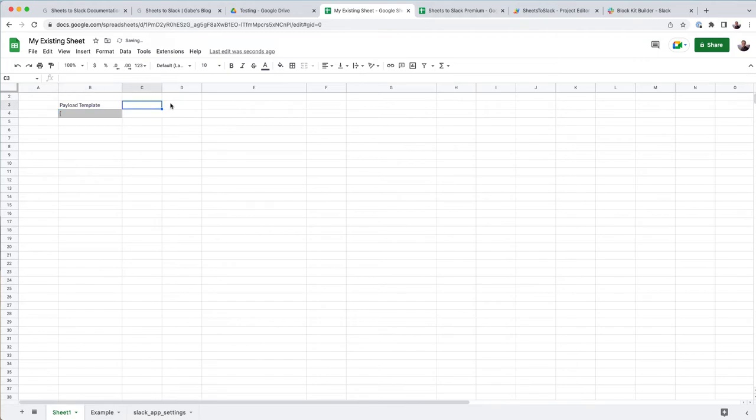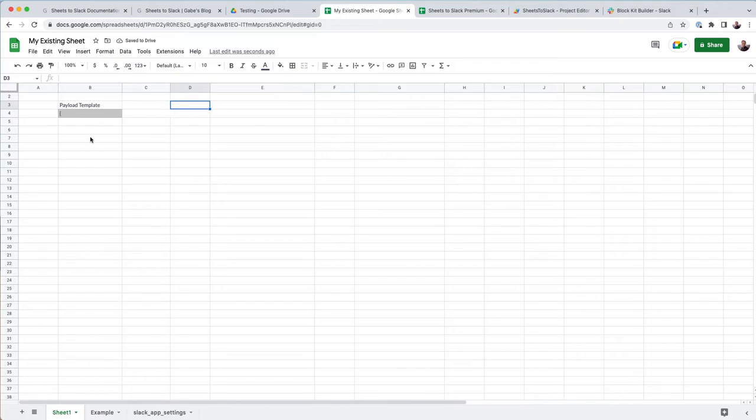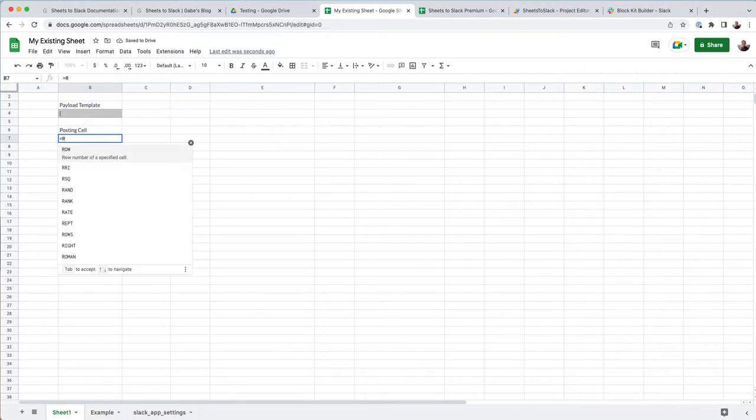The next thing we want to do is add in our variables. So I'm just going to do this all in one other cell, and that'll be our actual posting cell. So this will be our posting cell. What I'm going to do is use the replace function. So replace,